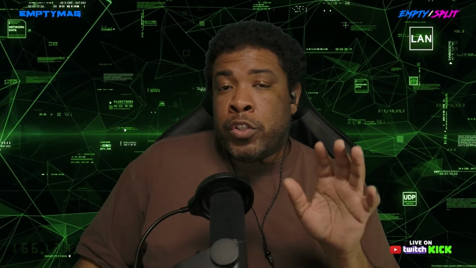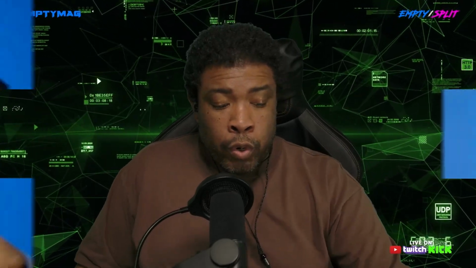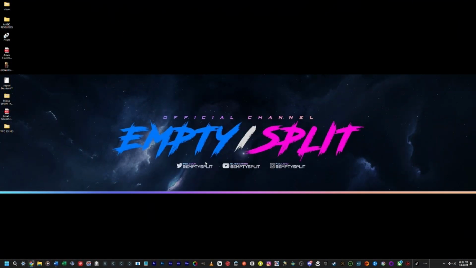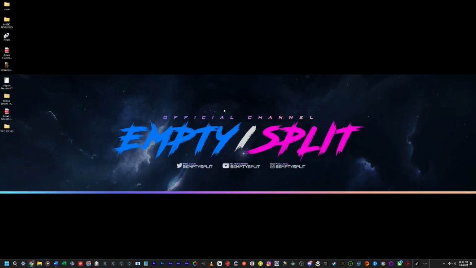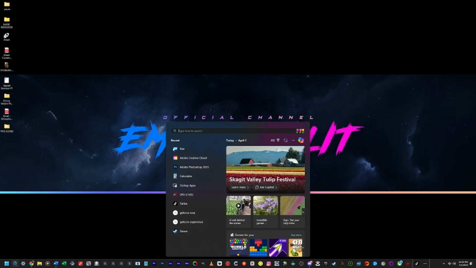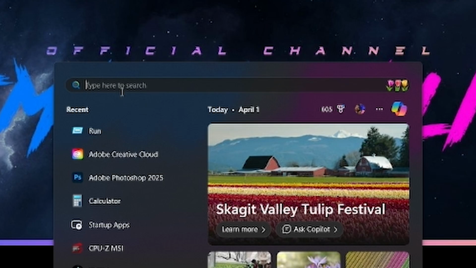Now, first off, what you need to do is make sure all your plugins or even your browser, if you're logged in onto the Aitum website, make sure that's all closed. That's the first step, okay? Make sure that's all closed, and the next thing you need to do is go over to the search bar down below, open up run,